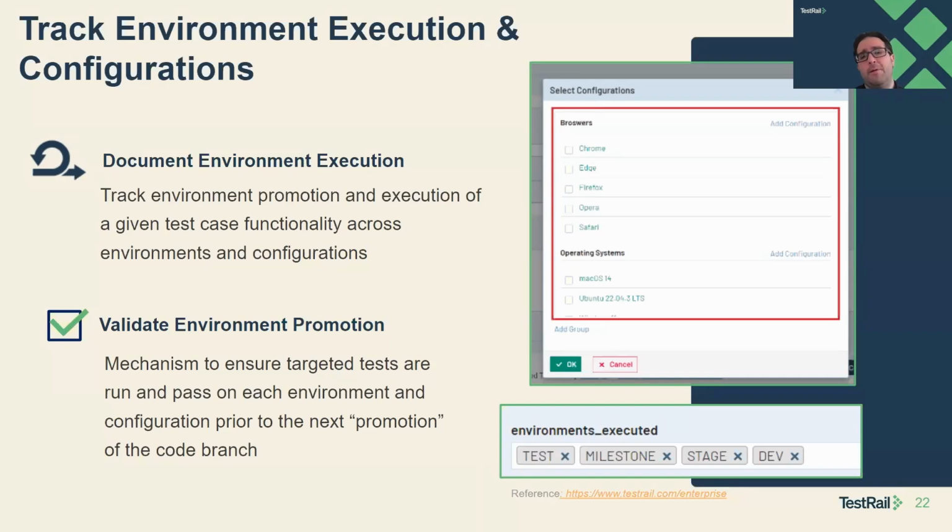Again, there's some screenshots. TestRail has this really awesome feature that we advocate a lot for to select and define configurations of given tests. And you can do this for manual and automated tests about what browsers, operating systems, you can define them however you want to do multiple configuration, execution, and tracking. And then I added a custom field you can add to tests or runs that we basically can do. I called it environments executed.